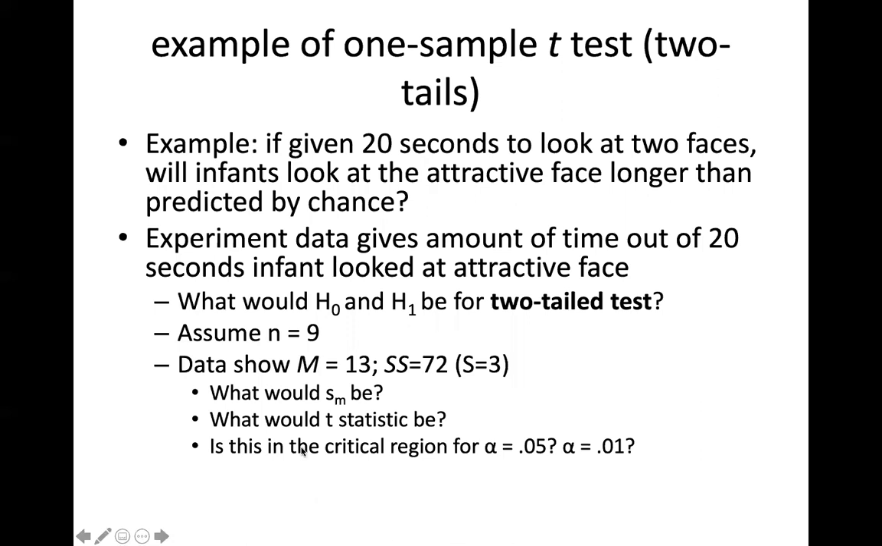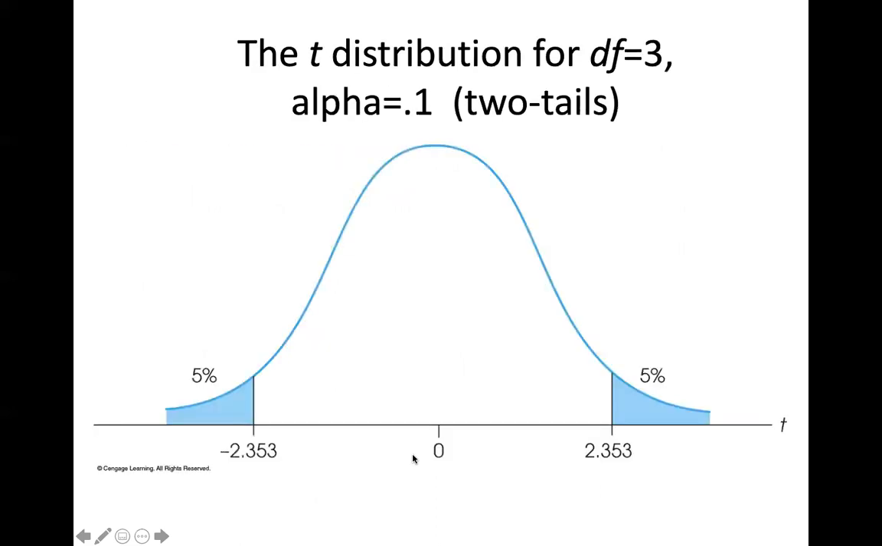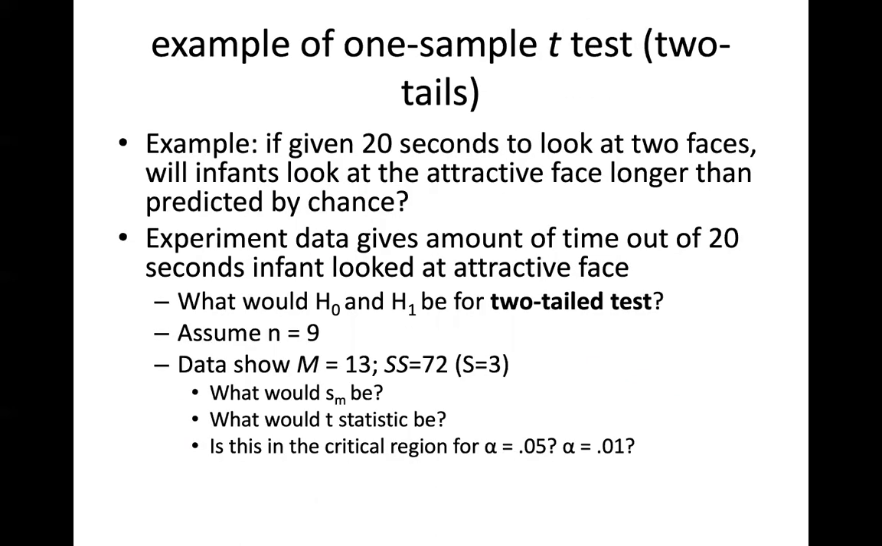One of the skills in this chapter is using your t-table to find the critical t values. If alpha equals 0.05 and alpha equals 0.01, those were the two alpha levels that we used last time. Remember, if I say alpha equals